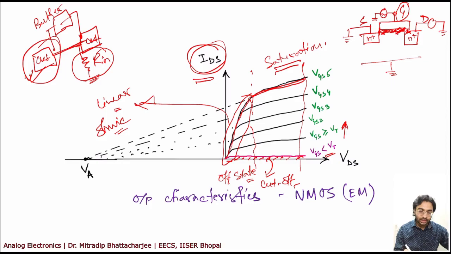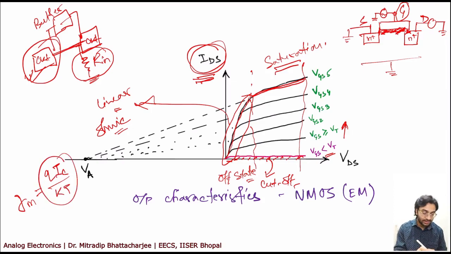However, if you look at the output characteristics for a given biasing, the collector current IC will be higher than that of IDS for a given biasing. And you know the gm value, which is qIC by kT. So if your IC value is higher, your gm will be higher. If your gm is higher, your gain will be higher, right? So even if your IC is higher or gm is higher, your WT value is higher.